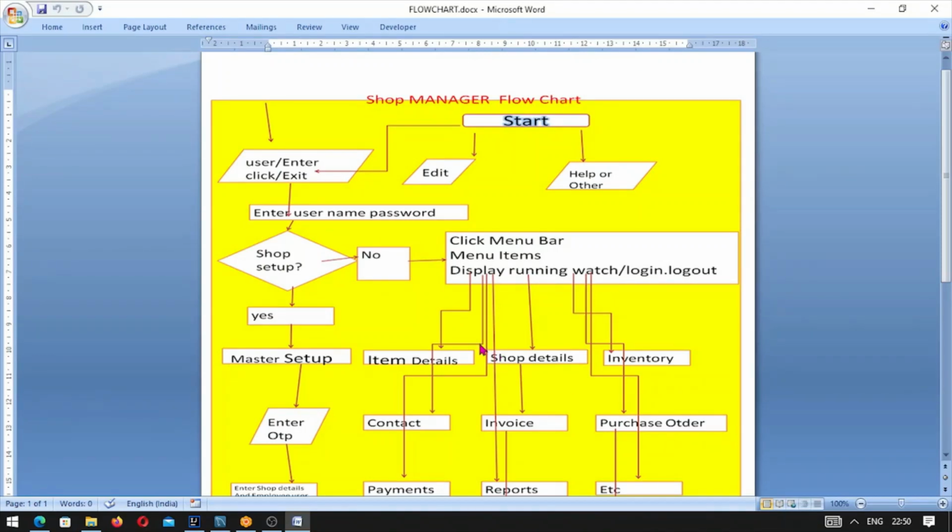It may depend upon the type of shop and what the owner wants, what functionality we are going to provide in the software. Menu items display a running watch. This is quite useful. Running watch, this is an algorithm, another kind of technique which may be used sometimes. For demonstration purposes, I have just used it. It will simply show you the current watch, date,